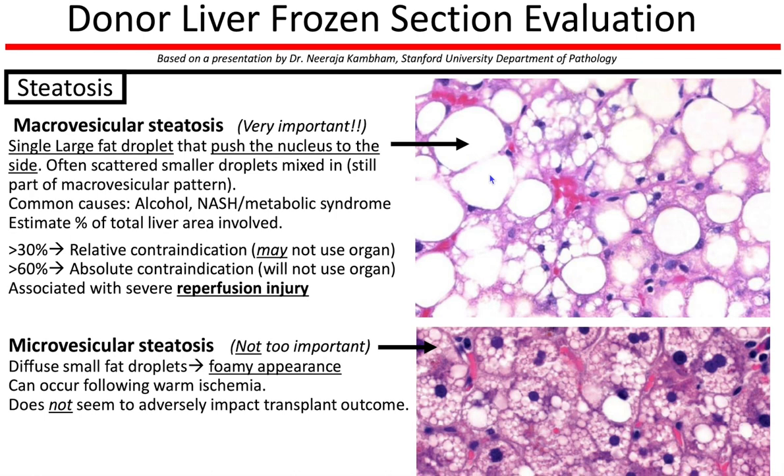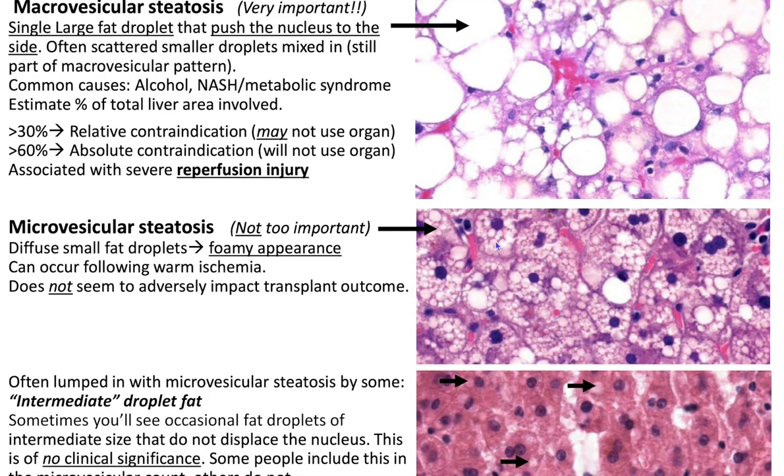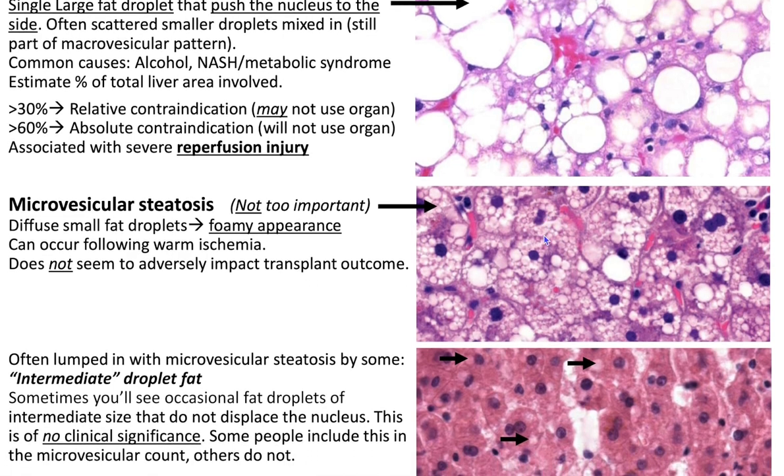If it's greater than 60% macrovesicular steatosis, that's an absolute contraindication and they will not use the organ, and it's associated with severe reperfusion injury. Microvesicular steatosis, you'll have these diffuse small fat droplets to the point where it has a foamy appearance. Kind of reminds me of a hibernoma, and it can occur following warm ischemia and does not seem to adversely